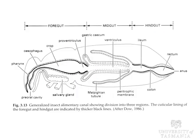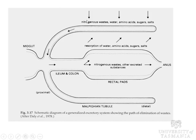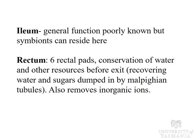So if we go back to this slide here, remember these were taking out nitrogenous waste, water, amino acids, sugars and salts, but then the rectum is starting to absorb them back in again. So you are not losing as much water. So the water comes through, the rectum is taking them out again. So it's taking out some of the sugars, some of the amino acids and the water. So this gets it one way, to get it all flowing, and then you get saved and conserved water through the rectal pads, which we say there. So they're working together, if you like, Malpighian tubules and the rectal pads,